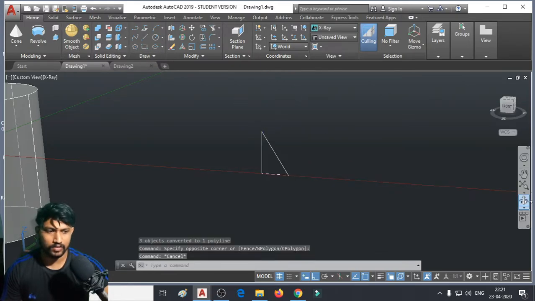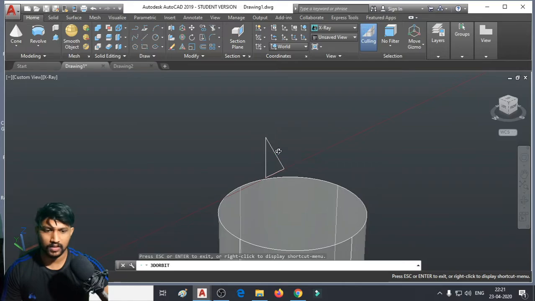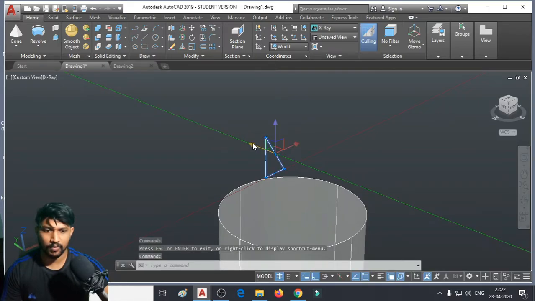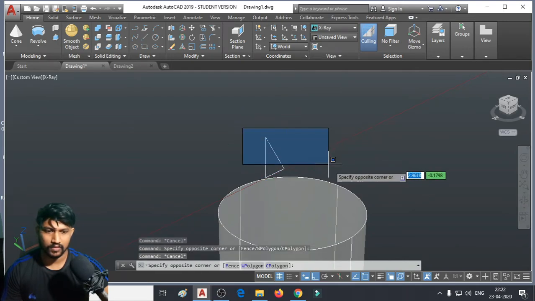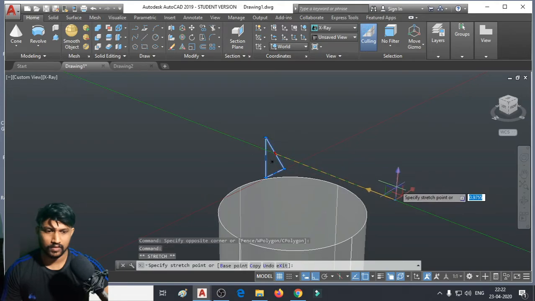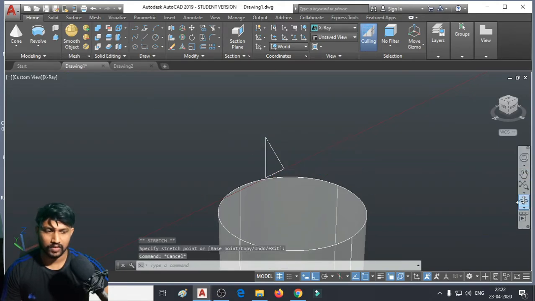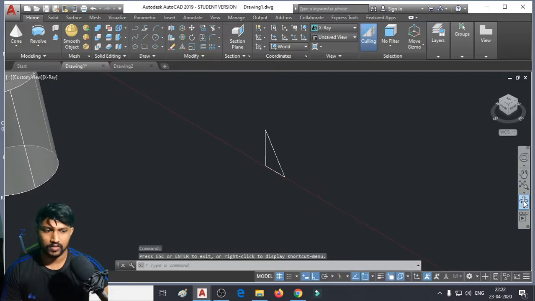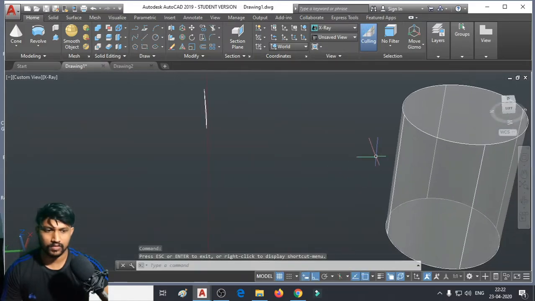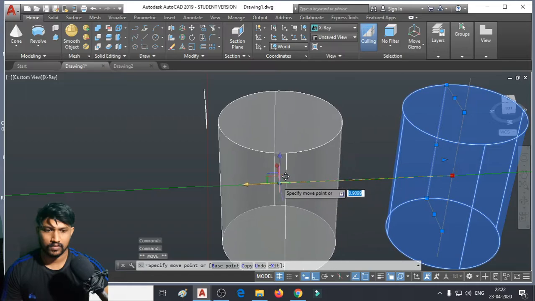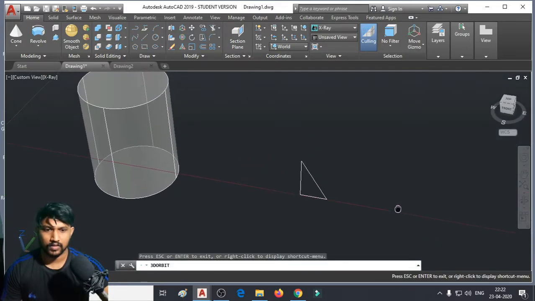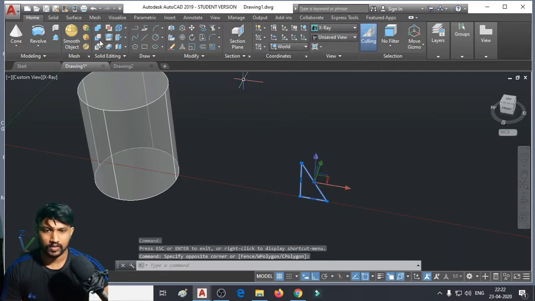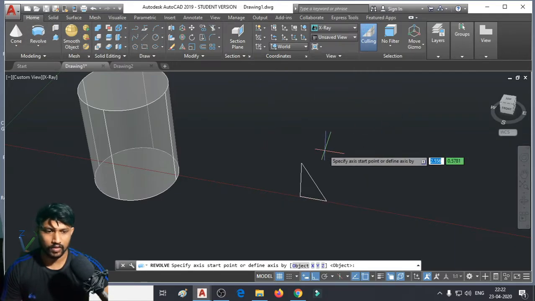Now we'll use the revolve command again, because these solids should be made by revolving. Okay, I'm going to select this one and hit the revolve command.